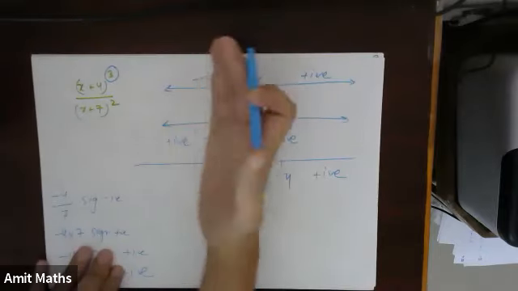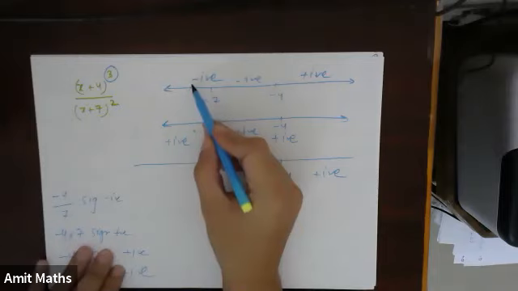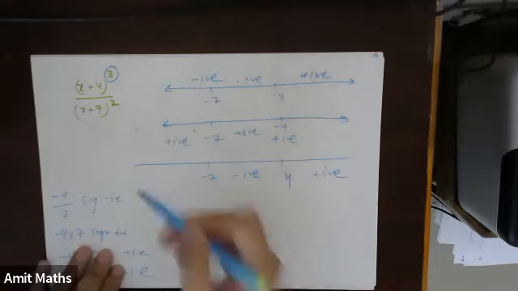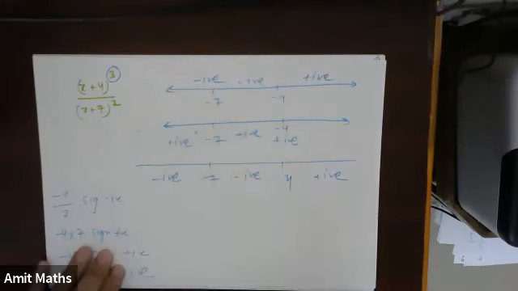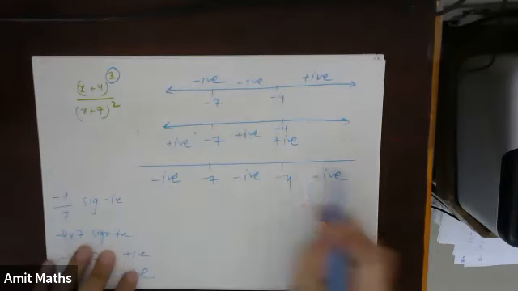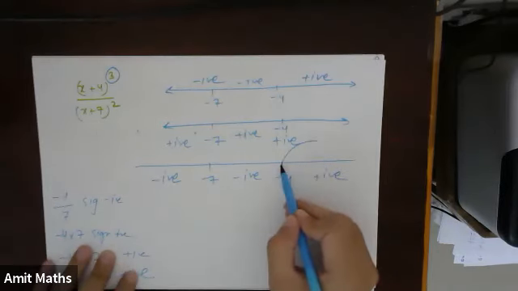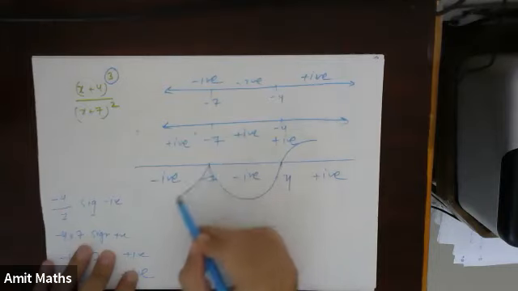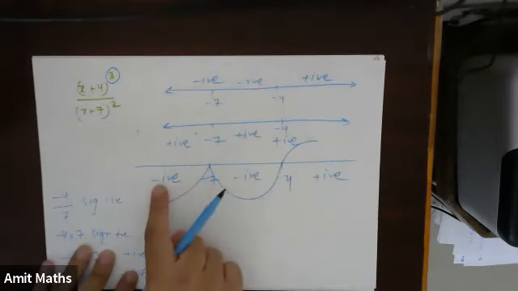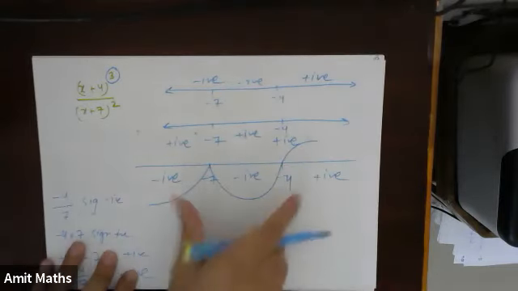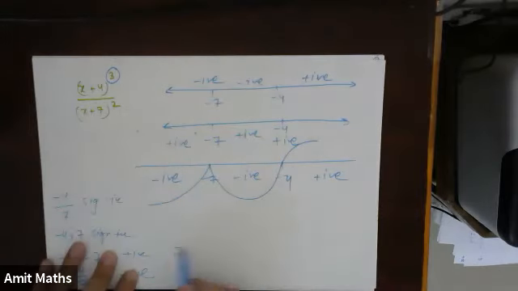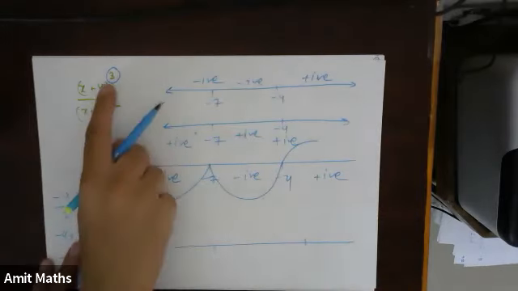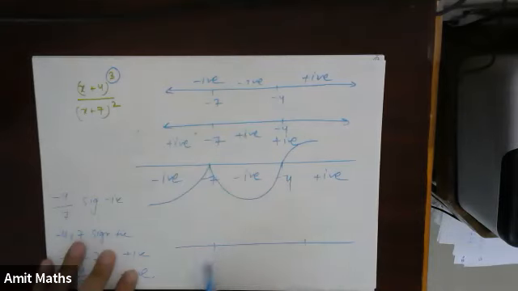Before minus 7, what is happening? One of them is negative, the other is positive, so the overall sign will be negative. Understood? Now here it is positive, then negative, then it bounced back. So positive, negative, negative. Now let's try to solve this using the wavy curve. What did we do in the wavy curve? First we wrote down the critical points. The critical points were minus 7 and minus 4.